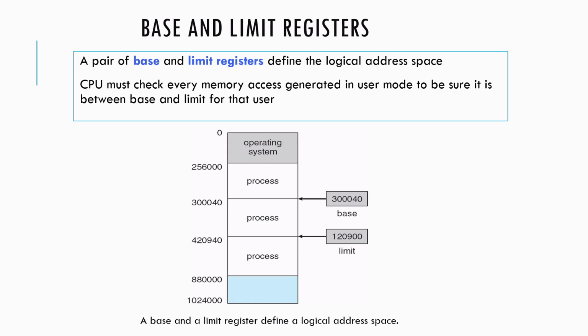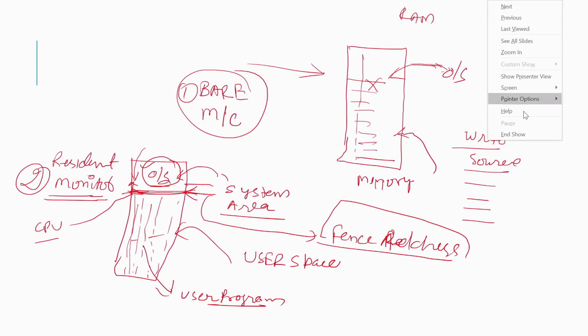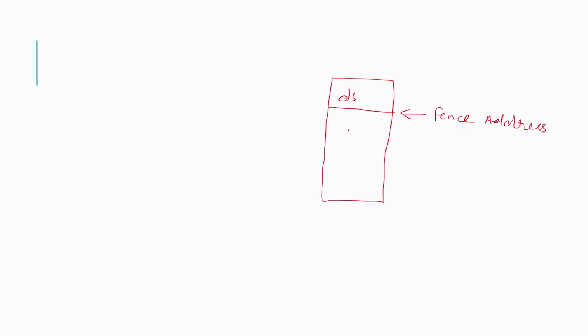This fence register, if we see it clearly, simply first, then we'll go to the more complex part. Here the operating system is there, and we have created one fence address against which comparison will be done, so that the CPU-generated address does not cross into the system area. Suppose the CPU has generated some address; the address should belong to this area, not that area. So a comparison has to be done simultaneously at the time of accessing the memory.